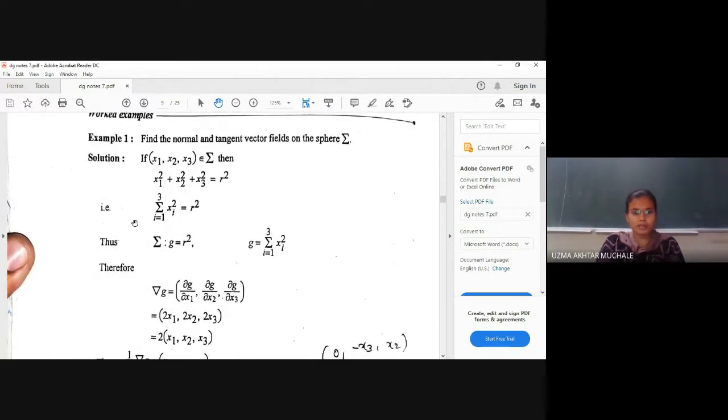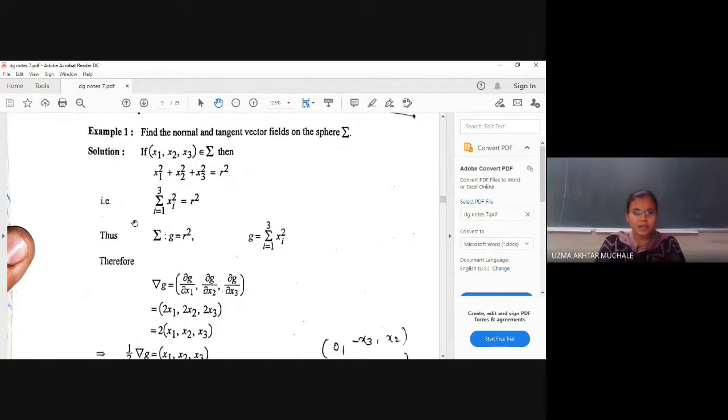I am not sharing everything on the board because it is not visible for you. From the next 2 or 3 days, I will be writing on a pen tablet. I have purchased a pen tablet. It will come and we will start with the pen tablet itself, just like Thingy ma'am is using. Many students are telling me that they are not able to see whatever is on the board, so I am sharing these screens for that.